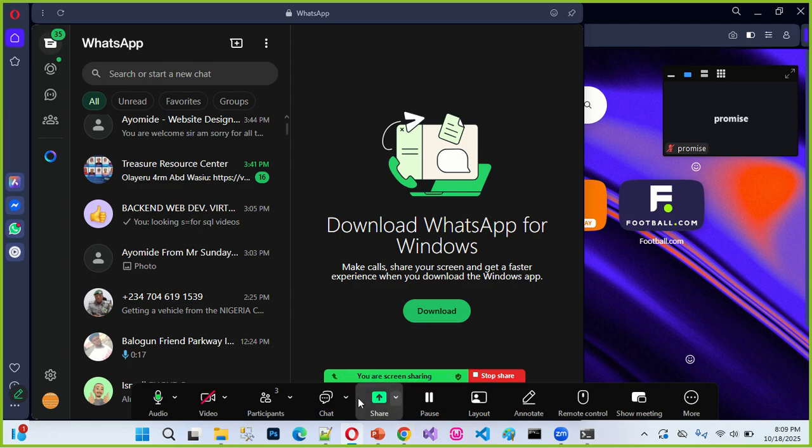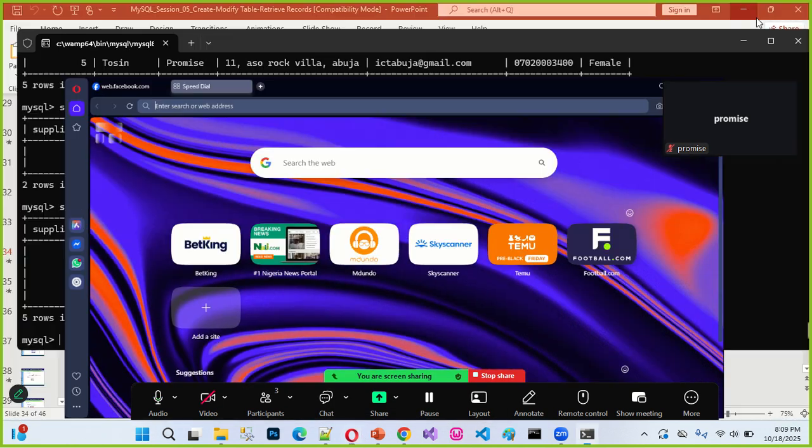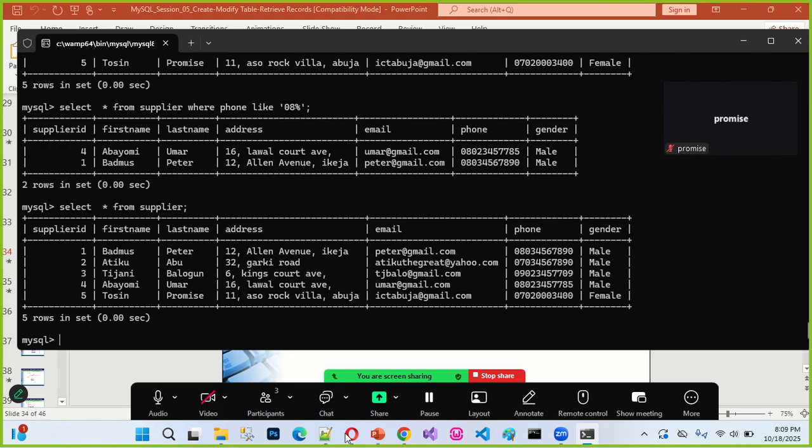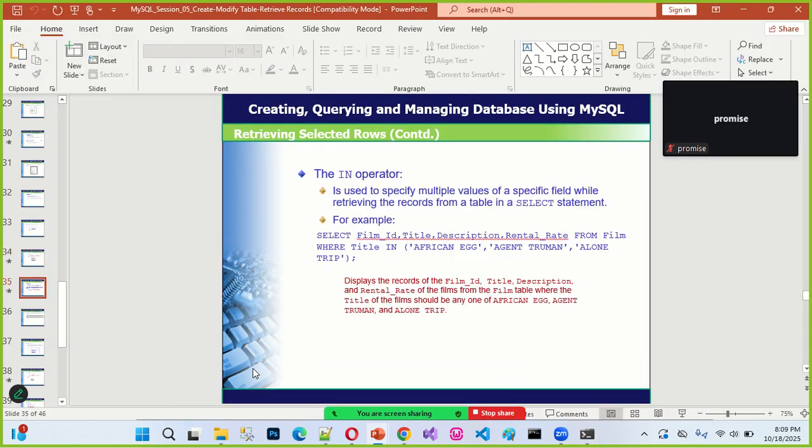The next one we want to look at from this one now. Okay. The next one I want to look at now is the IN operator. The IN operator is used to specify multiple values of a specified field while retrieving a record from a table.